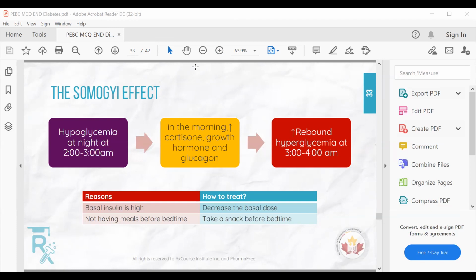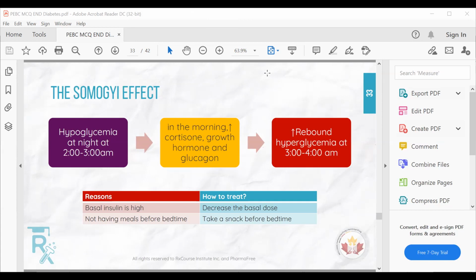Yes, hi. So, is it initially clear regarding the dawn phenomenon and the Somogyi effect? Yeah, the Somogyi is at 3 a.m. It has severe sweating. It means hypoglycemia. But when he wakes up, he has hyperglycemia. Okay. And regarding the dawn phenomenon? I think both of them hyperglycemia. Yeah, but the difference is that with the dawn phenomenon, the blood glucose during the night is almost normal,